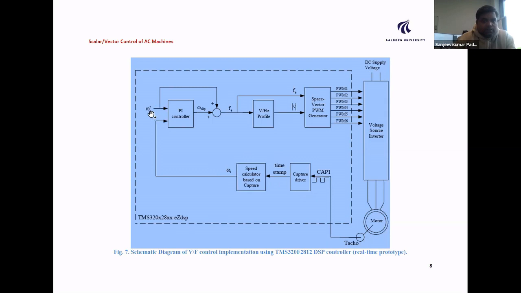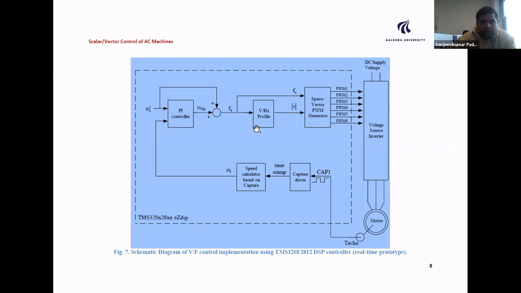And this can be compared with the actual value, what you need in your motor as a reference value compared with the actual value, then put to a P regulator so that you can calculate slip. The difference between the rated speed and the available speed is going to be the slip. So the slip is added again with the rated speed. Then we can calculate the frequency you need, your rated frequency required to drive your motor.